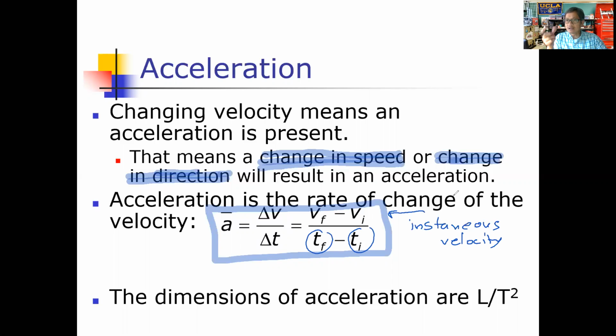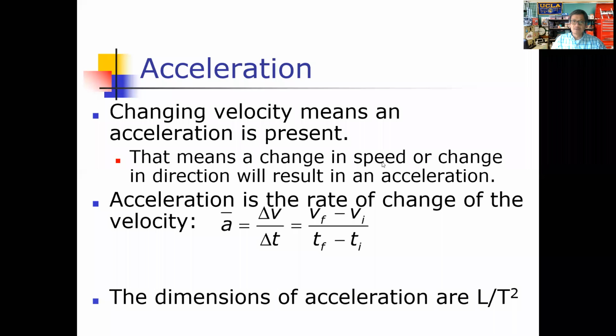We can calculate that using limits on the time interval, or by using a position-time graph, finding a line tangent to a given point and calculating the slope of that line. We get the instantaneous velocity as well. You do not have to calculate the instantaneous velocity in this particular section. You just need to know what the velocity is at a given moment in time. So we're dealing with instantaneous velocities in this particular